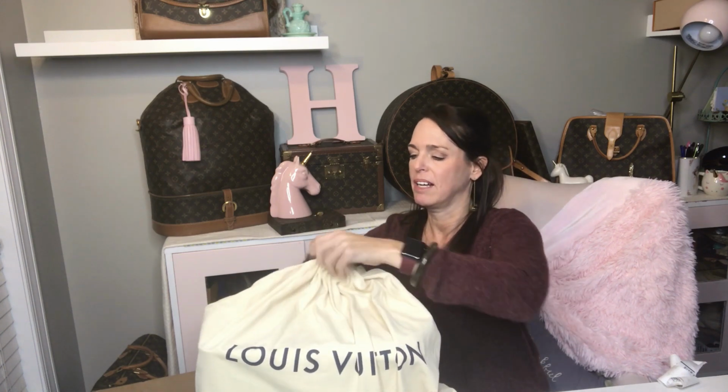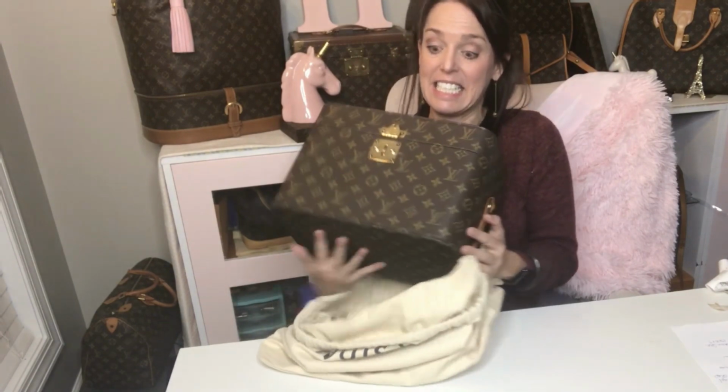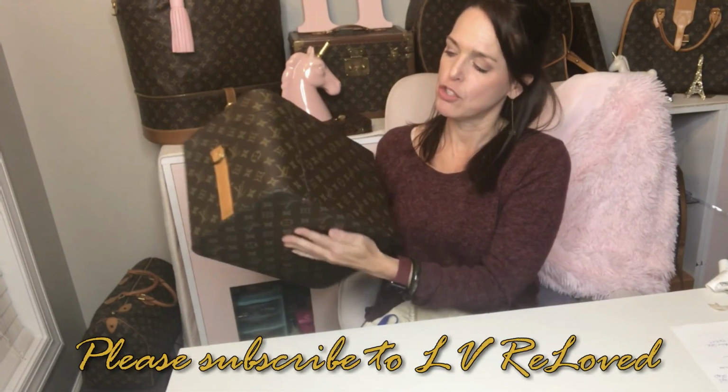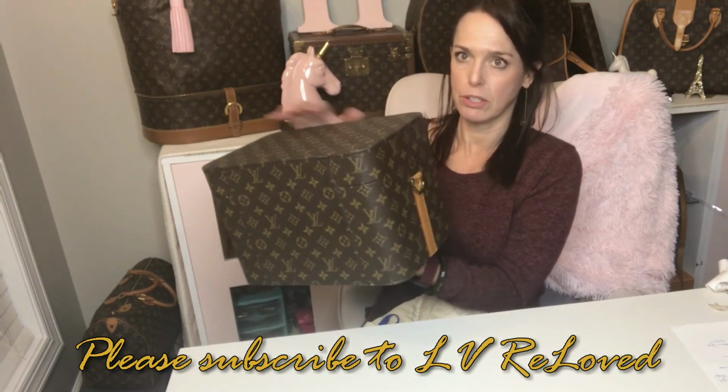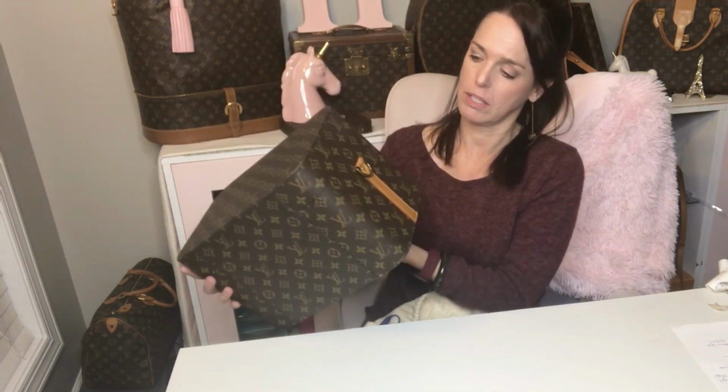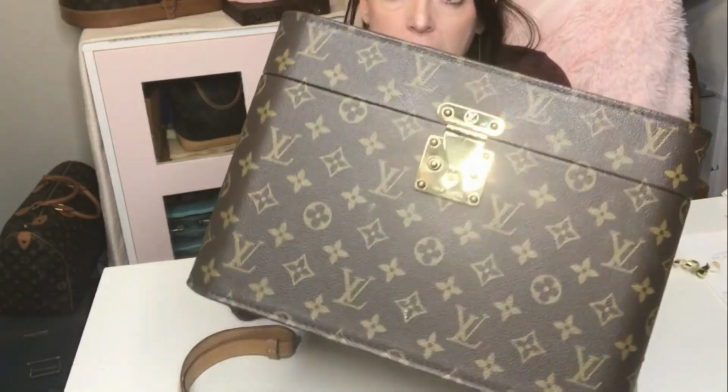Let me open it up. It is a 1986 train case. It measures 13 by 8 by 9, extremely rare, super sleek, super sturdy. This is a wood-based trunk. Look how shiny the brass is,